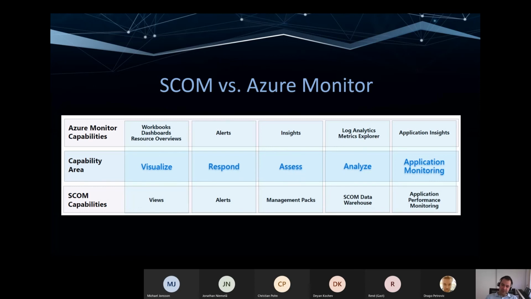I have actually stolen it from a Microsoft presentation from Warren Kahn a couple of weeks ago, because it really represents how the terms on both sides look like. So regarding visualization, in SCOM you have the so-called views, and in Azure Monitor you have workbooks, dashboards, or resource overviews. In both you have, of course, the alerts. And the assessment in SCOM is done by the management packs, and in Azure Monitor by the so-called insights, which